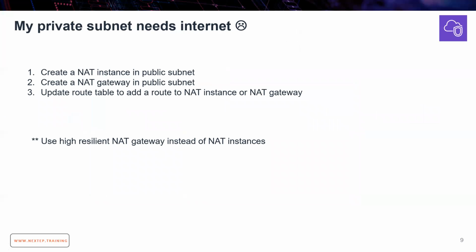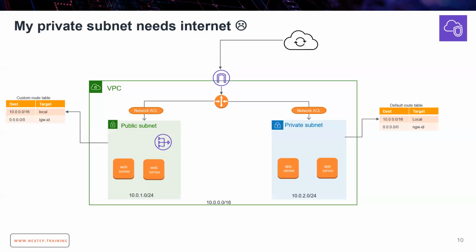They created this much more resilient approach called NAT gateway. See this one. So you create a NAT gateway in public subnet. And then you update your route table of your private subnet route table, which is a default route table. So you just say that for everyone else, rather than going through a NAT instance, you can definitely have a single EC2 instance, but single EC2 instance is not resilient solution, because you're depending on one single